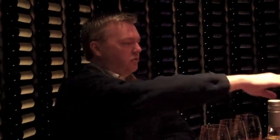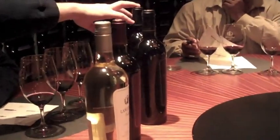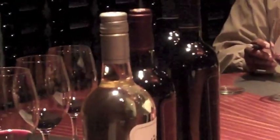With these other two, while we can label it Cabernet Sauvignon if we want to, often we do not, because it gives us the flexibility from year to year to change up the blend, and if we decide one year we don't